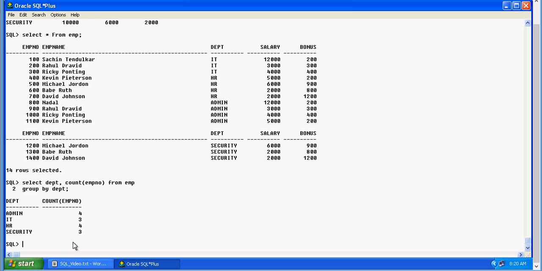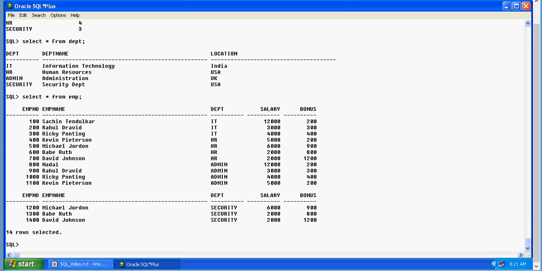Next, we'll now look at the department table and employee table. Department table has a column DPT, which is also a column in the employee table. Let's understand the fundamentals of primary key and foreign key.